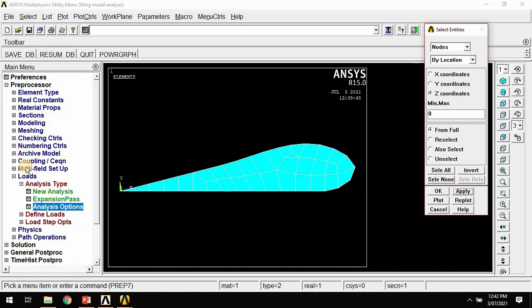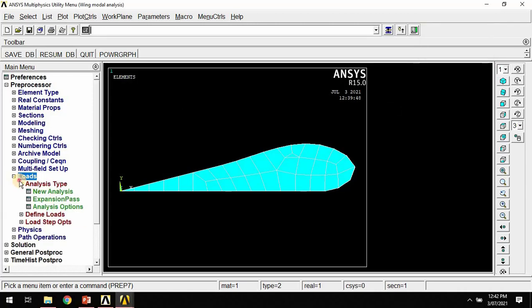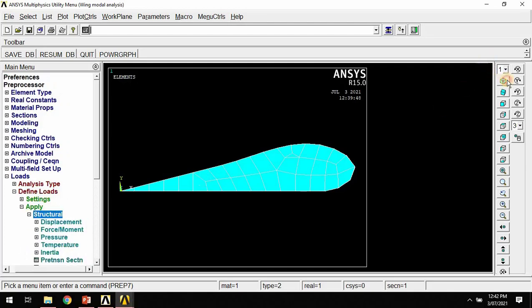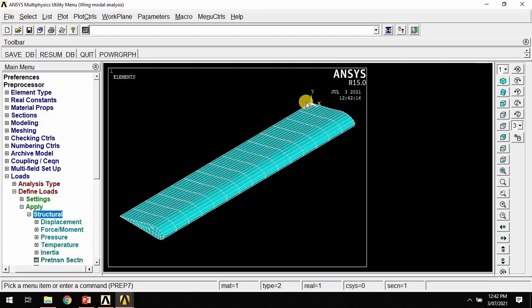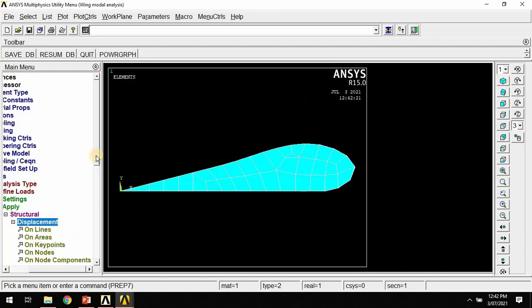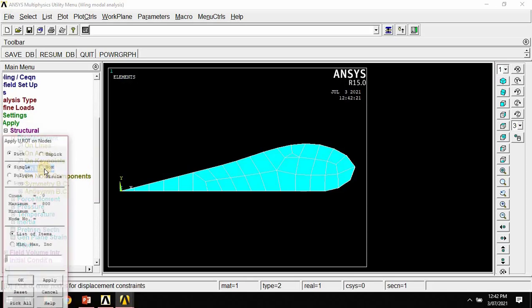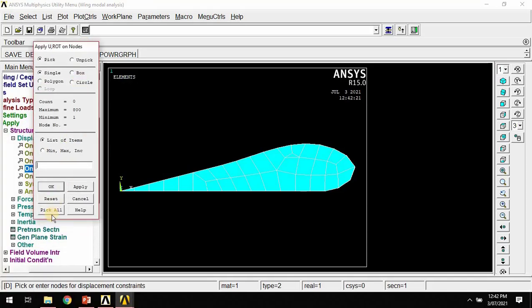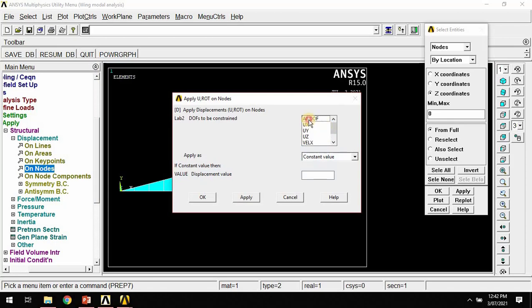After that, first I have to apply load. So define a load, apply structural, and this XYZ coordinate, this Z coordinate is a fix. Okay, so structural displacement, and on a node, and pick all degree of freedom is a 0.